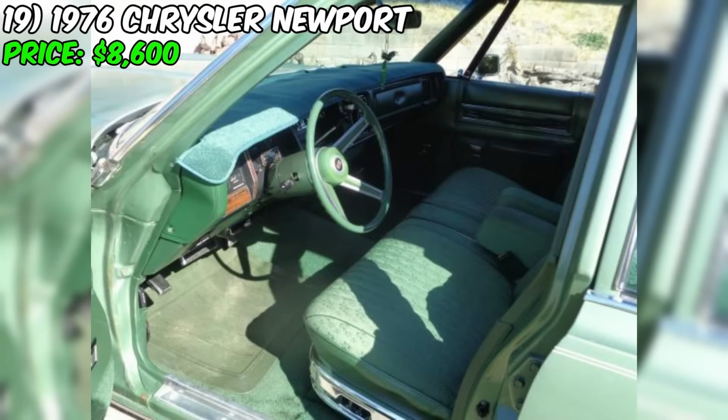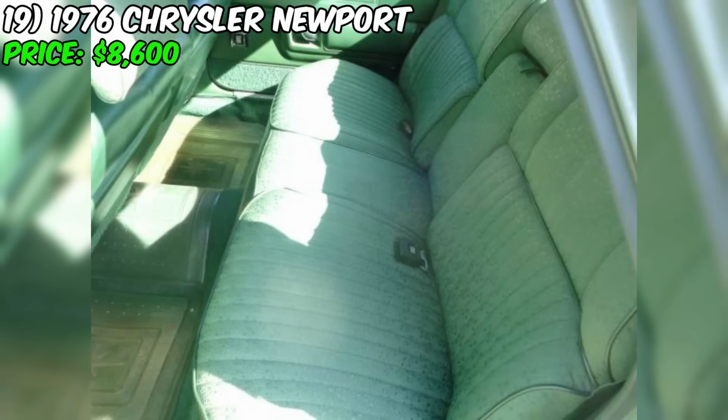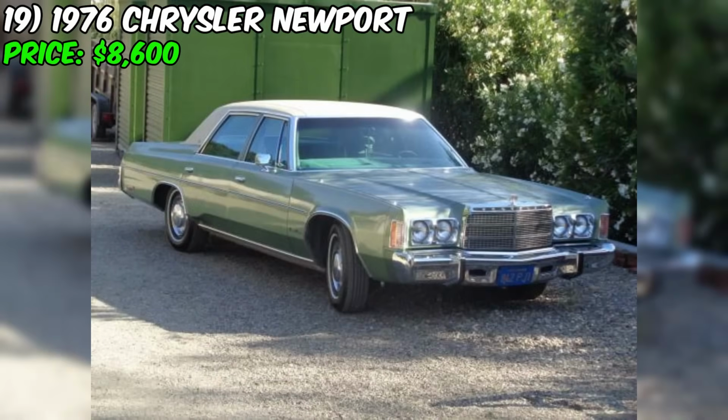Of course, no discussion of a classic car would be complete without mentioning its style. The green paint color of this Newport is a perfect example of the bold and vibrant colors that were popular in the 1970s. It's a shade that's sure to turn heads wherever you go, and it perfectly complements the car's classic lines and curves. All in all, this 1976 Chrysler Newport Custom is a rare find that's sure to appeal